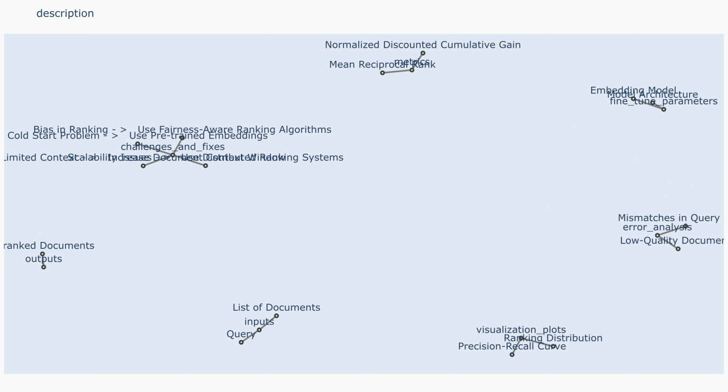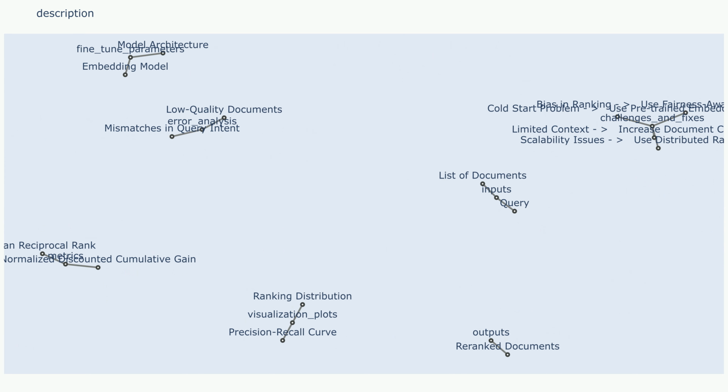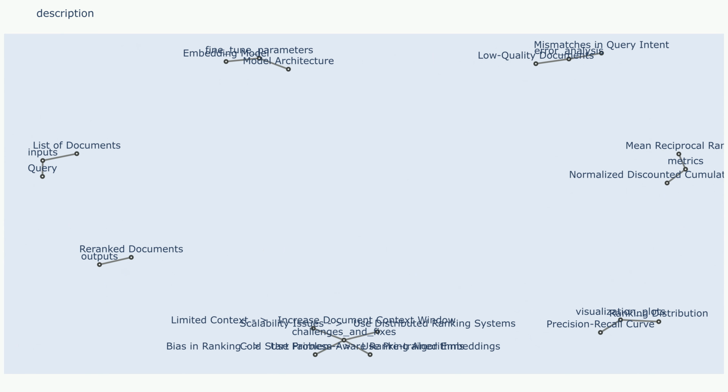Challenges and fixes. Challenge 1. The model may not be able to effectively re-rank documents that are very similar in content. Sample use case. Two documents with nearly identical content but different titles may be ranked poorly by the model if the title is the only distinguishing feature. Fixes to challenge 1. Fine-tune the model on a dataset of similar documents to improve its ability to distinguish between